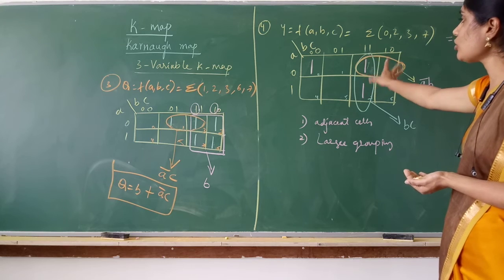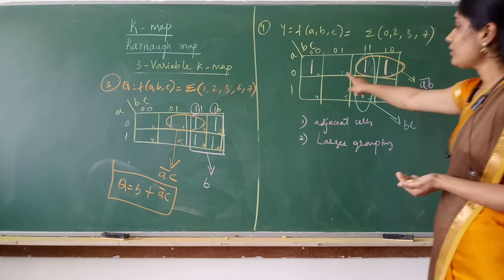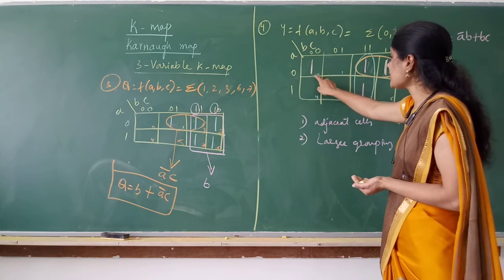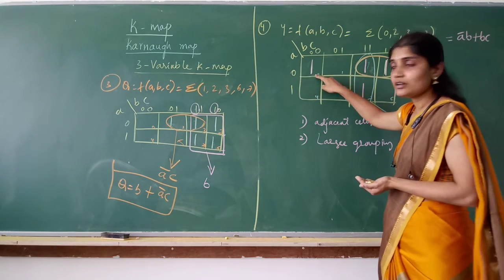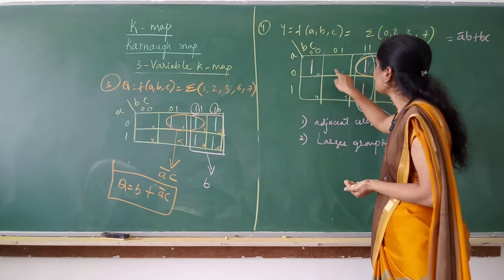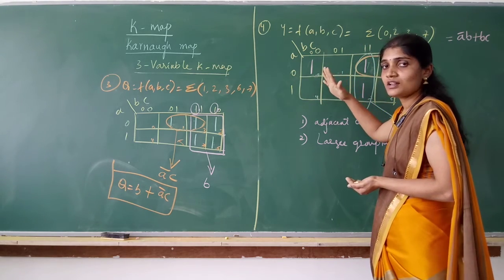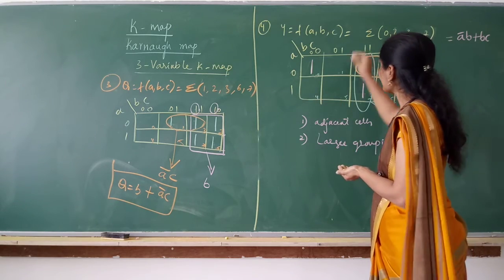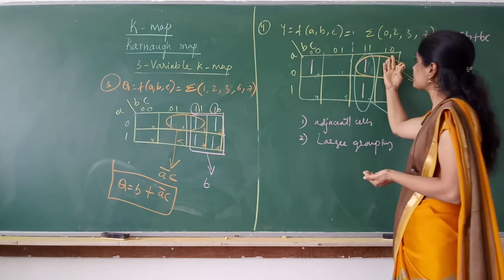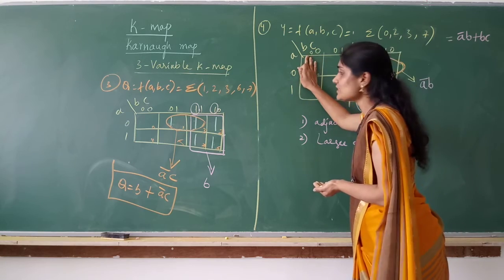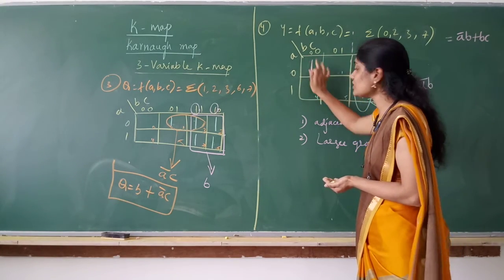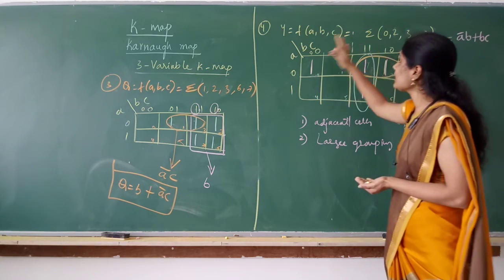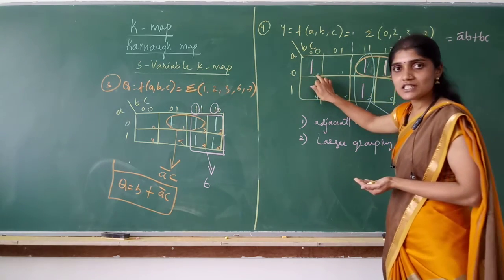Then look at the K-map and check whether all the min terms are grouped or any are left out. One min term is not being grouped. You have to group this also. So just check, are any other cells adjacent here? 4? No. 1? No. But fold the K-map and check. Just fold the K-map. Is any other cell overlapping on this 0th cell? Yes. Which is that cell? 2. When you fold the K-map, 2 is overlapping on 0.